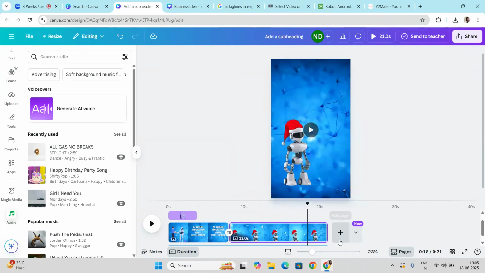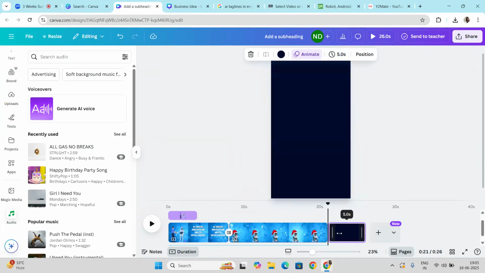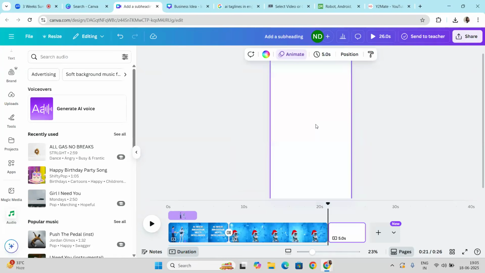Now the main thing that we need to understand is, again I'm taking the blank page. We have one more option under the audio, that is generate AI voice.